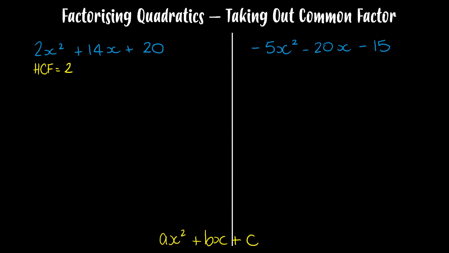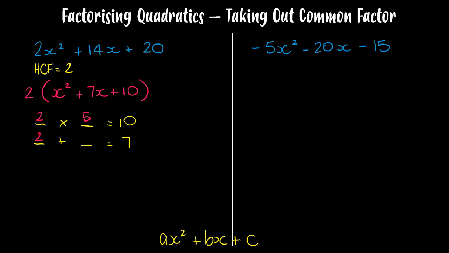So if I was to take the 2 out the front and then factorise the rest, I'm left with x squared plus 7x plus 10. So now that I have my x squared by itself, I can solve as I did previously. So I need to come up with two numbers that multiply to give me 10 and add to give me 7. So looking at that, I know that what I'm going to use in this case is 2 and 5